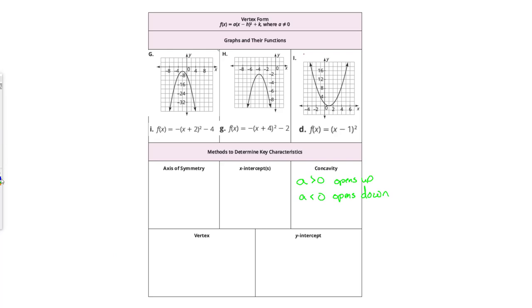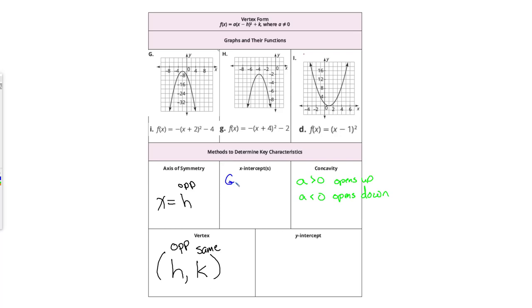And for this one, you can easily find your vertex by h, comma, k. And when you find h, remember it is opposite of the sign that you see up there, and k will be the same sign that you see. And so when you find your axis of symmetry, it's opposite of whatever sign you see for h. Now to find your x-intercepts,